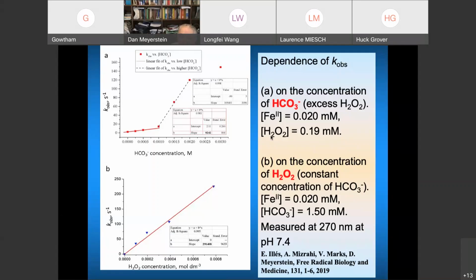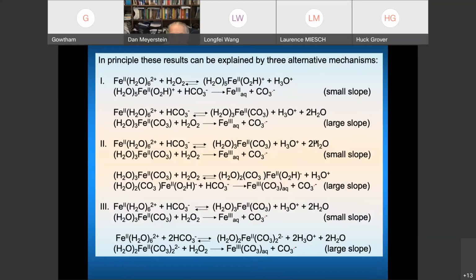The odd thing is these two straight lines. I'll try to discuss them in a minute. The bottom shows that the reaction observed, independent of the bicarbonate concentration, but at a constant bicarbonate concentration, is linear with the concentration of peroxide, which means we really look at the Fenton-like reaction. On the next slide,